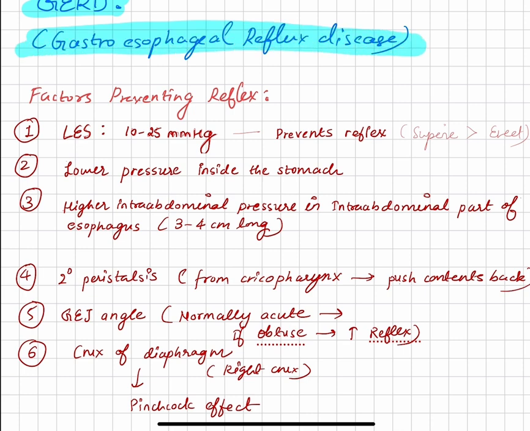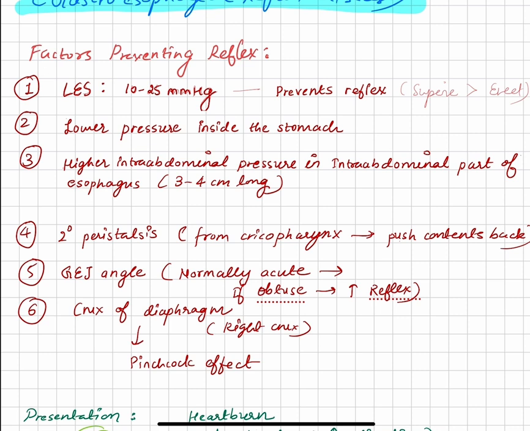The factors which prevent the reflux are lower esophageal sphincter pressure, which is 10 to 25 mmHg, lower pressure inside the stomach, and secondary peristalsis from the cricopharynx to push the contents lower down. These three pressure-related factors work inside: the lower esophageal sphincter pressure is a lot higher than the pressure inside the stomach, along with secondary peristalsis. So this will prevent the